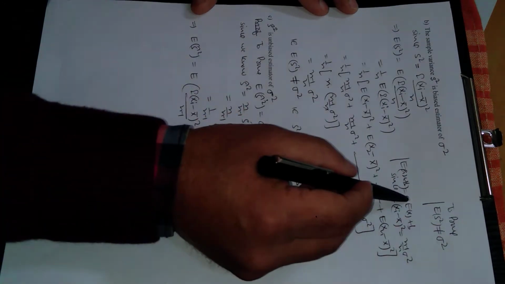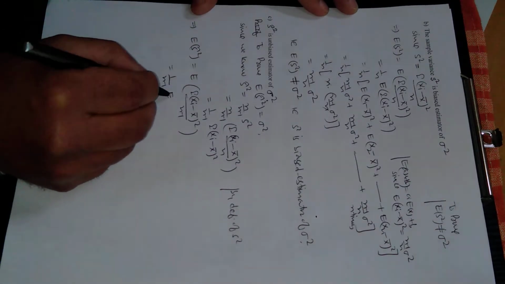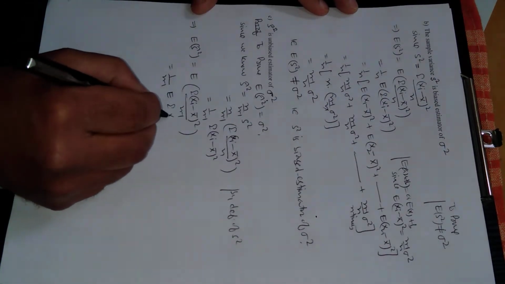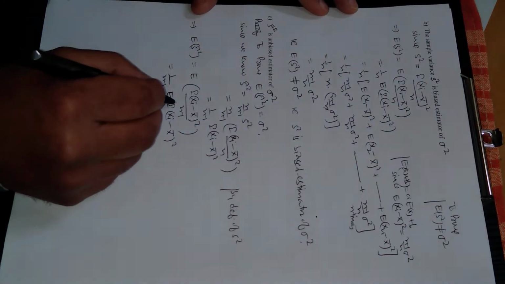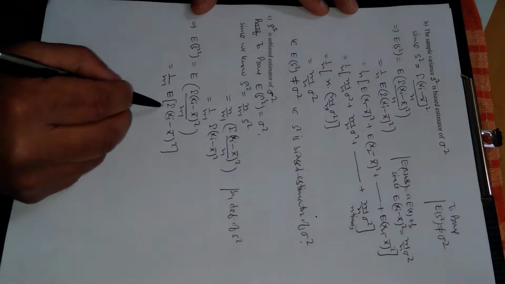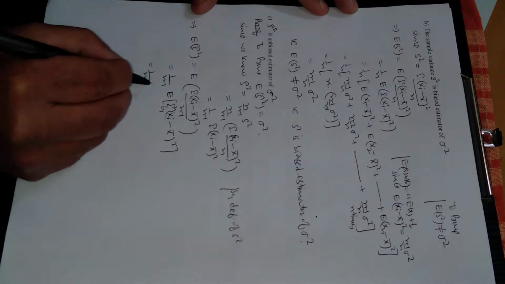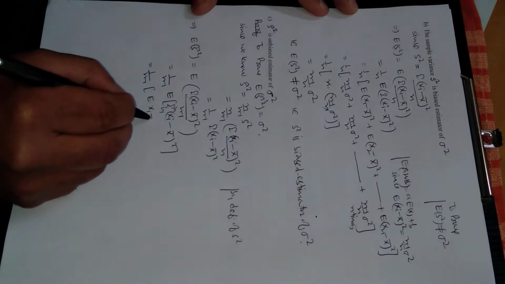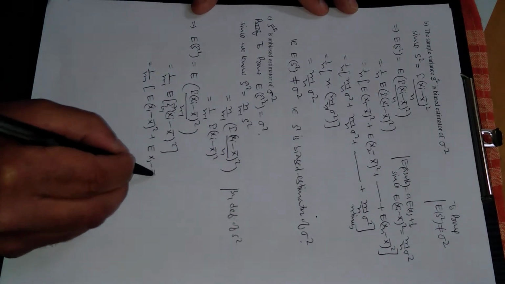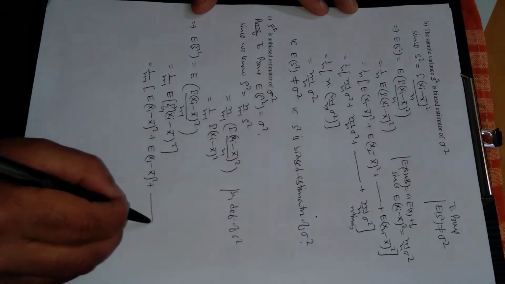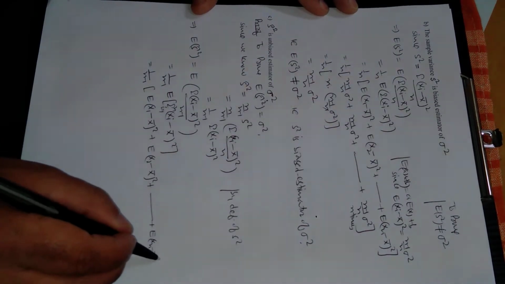Now using this linear property, n minus 1 is constant, so taking this outside, this will be the expected value of summation xi minus x bar whole square, bracket close. Now in this case i varies from 1 to n. Opening this summation, the first term will be E of x1 minus x bar whole square, the second term will be E of x2 minus x bar whole square. Continuing in this way, the last term will be E of xn minus x bar whole square.